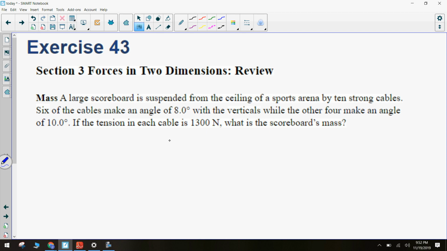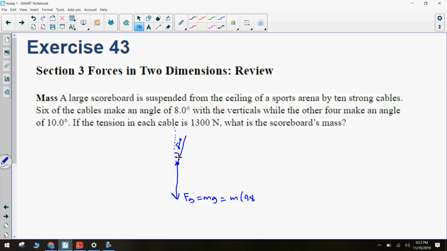So my free body diagram is going to look something like this. I have this object, and the object has a weight. This is my scoreboard. Fg equals mg, which is going to equal the object's mass times 9.8. Okay. Now, there's some cables holding the scoreboard up. In fact, there are 6 of them that make an angle of 8 degrees